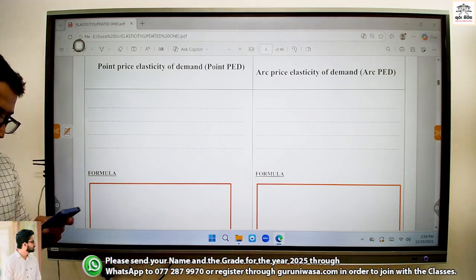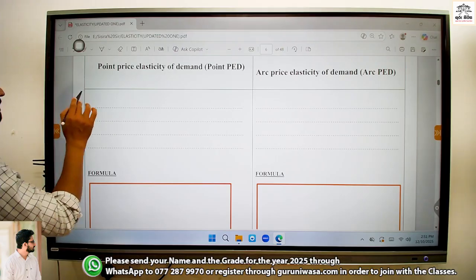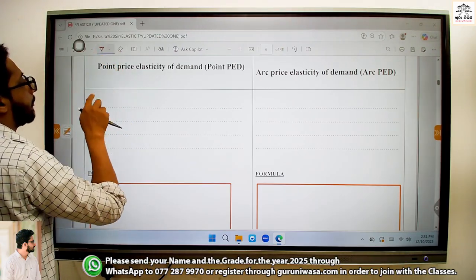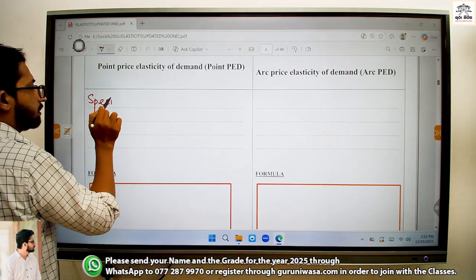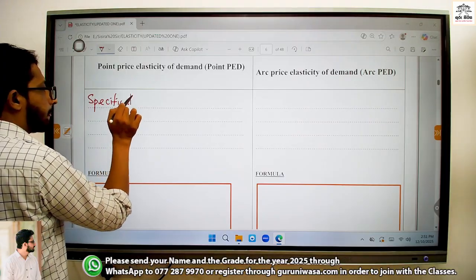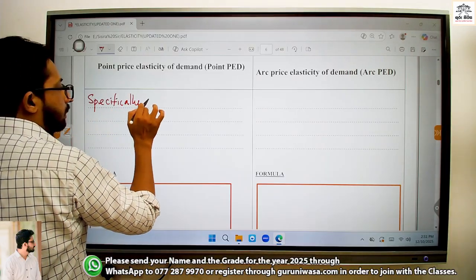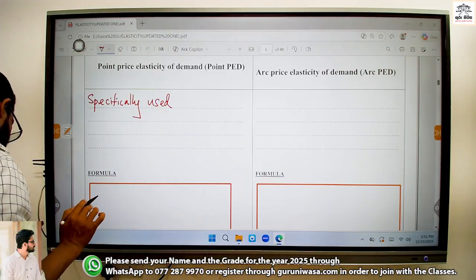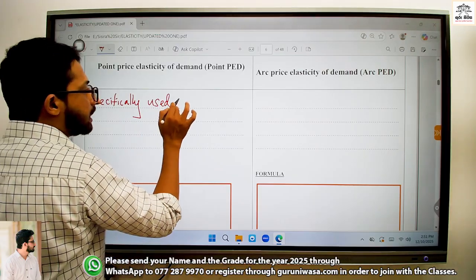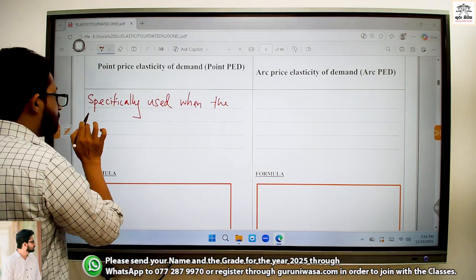Write down: point price elasticity of demand is specifically used when the change in price